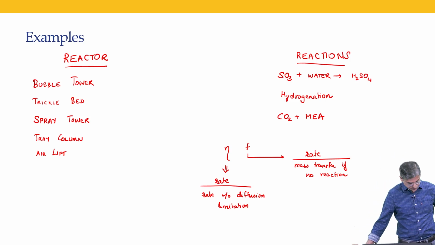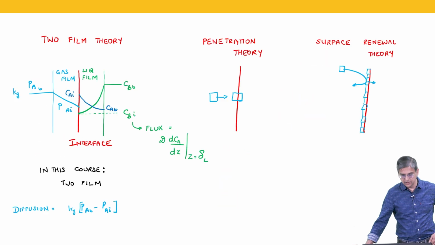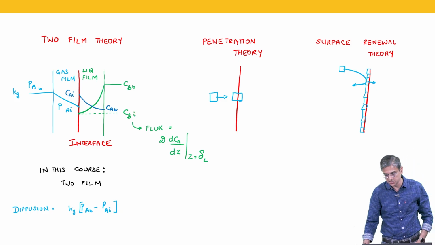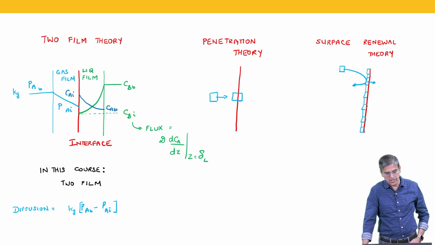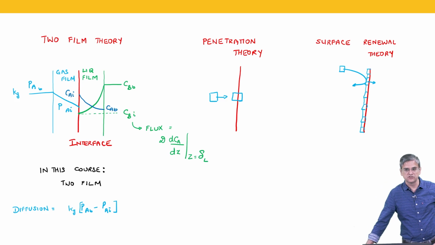Let us also then talk very quickly about the various theories that people have looked at. So, there is the two film theory, which is very similar to what we have been talking about in the last 3 weeks, or nearly 4 weeks now, and there will be a film on each of the fluids where all of the diffusional resistances we will assume to be present only in the film. Okay. If there is no reaction taking place in the film, as is the case in fluid 1, we will have the